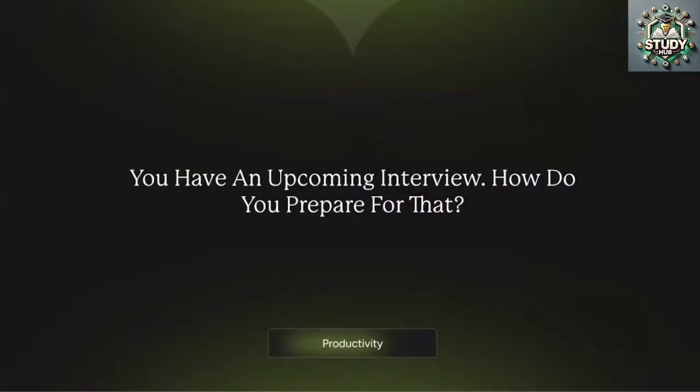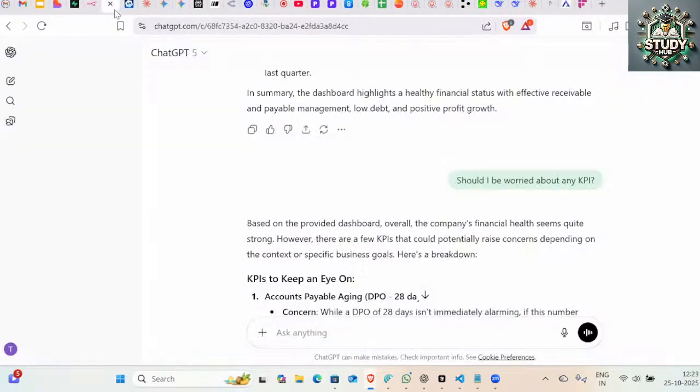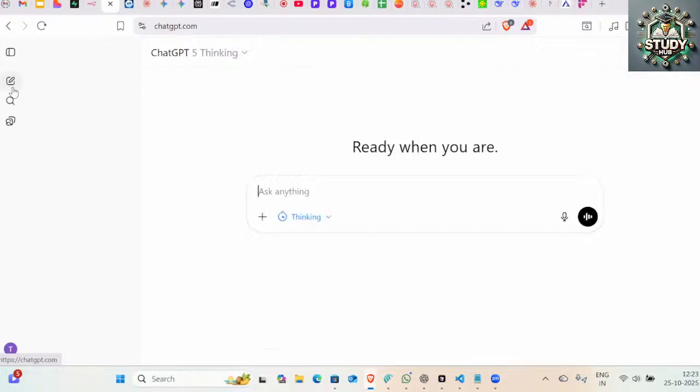AI for preparing for your next interview. How well you can use AI to make yourself interview ready. This is the best way for every student out there, for anyone trying to switch a job. What are the different steps you can follow? It's the same tool, your ChatGPT, but it follows some sequence, so you need to have this sequence, which is what I will be doing right now.